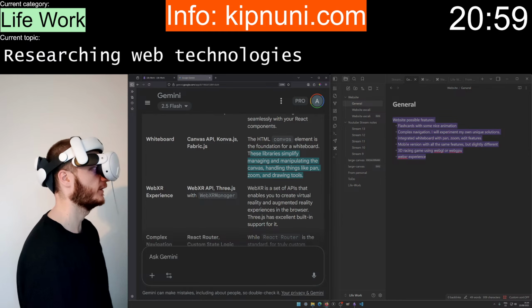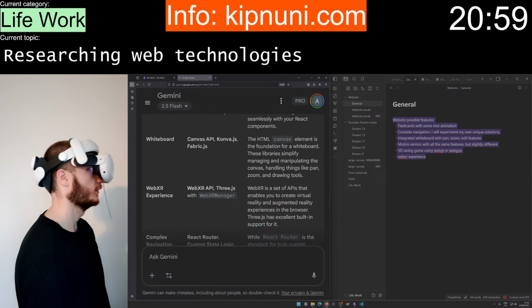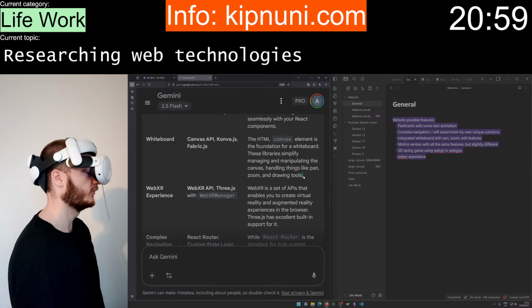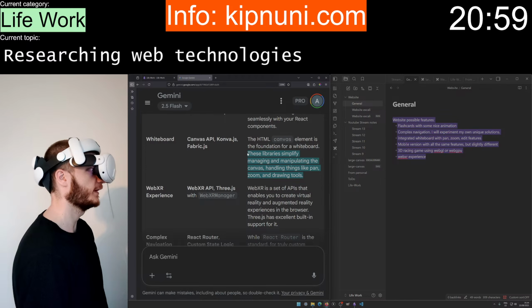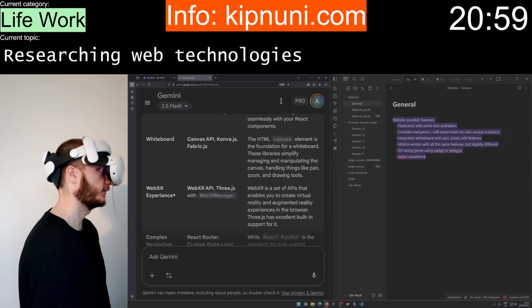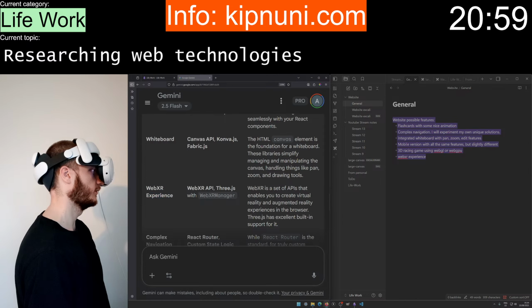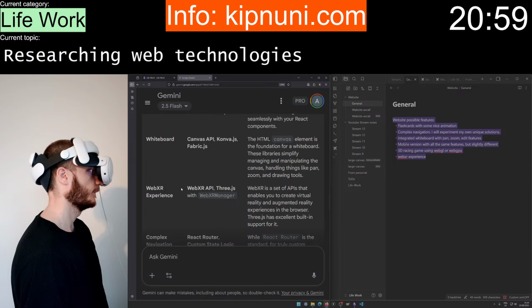I'm pretty confident with React, or I was already beforehand, but I want to make sure that there aren't any new, better choices. Three.js.